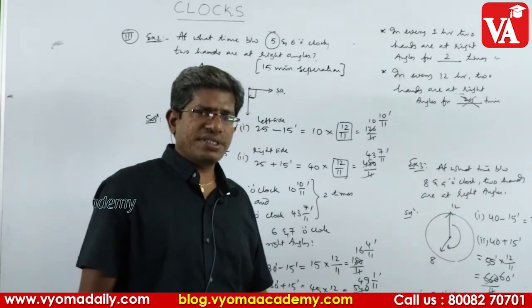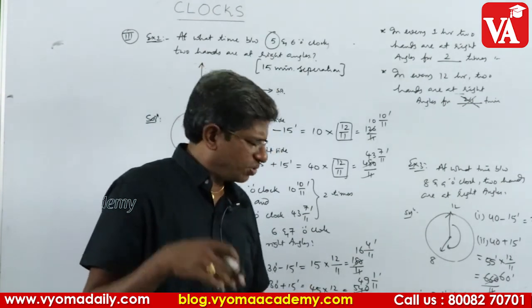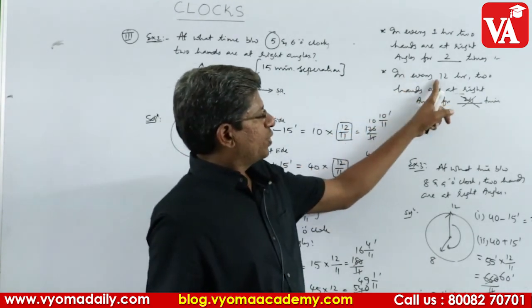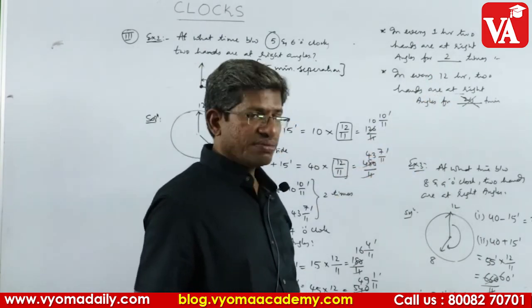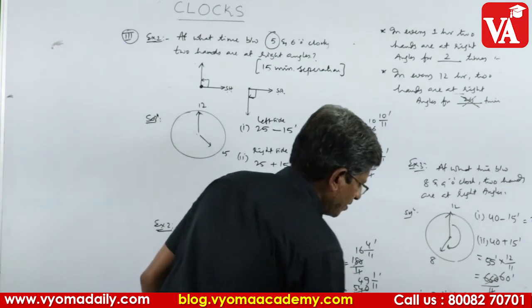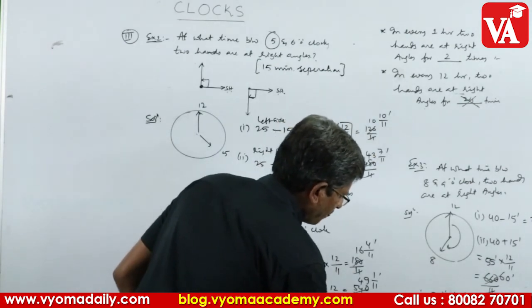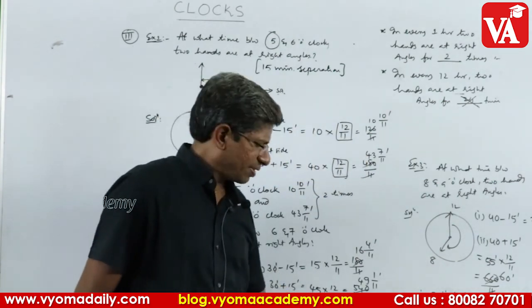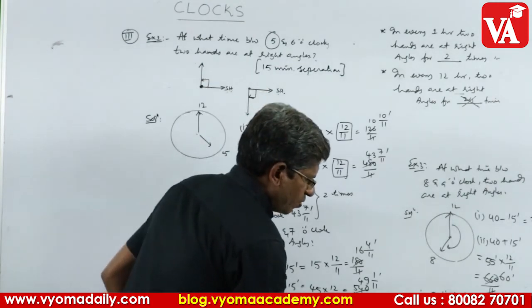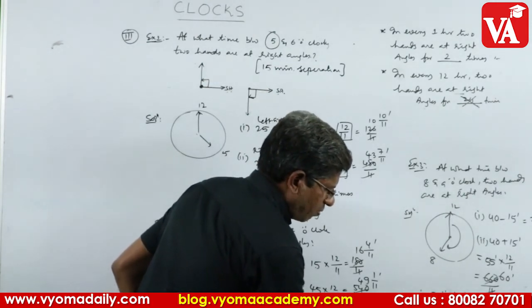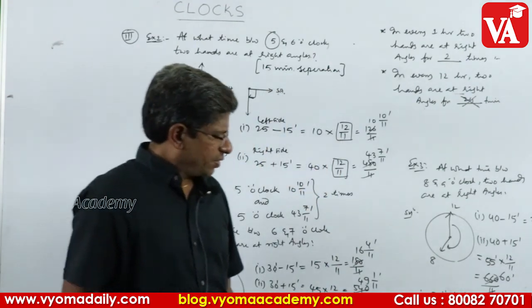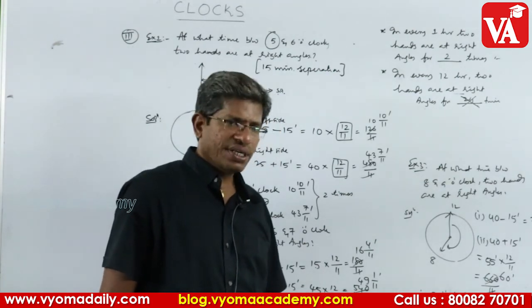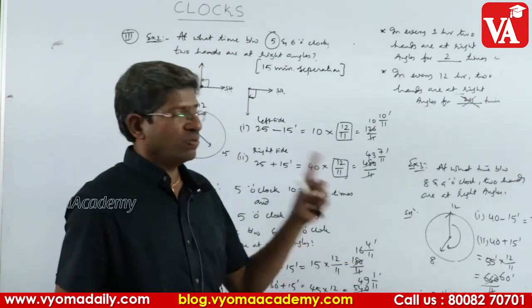So how many times are you supposed to get? 4 times, but how many times did you get? 1, 2, 3. We sacrifice 1. So in every 12 hours we sacrifice 1 between 8 and 10, and very similarly between 2 and 4 you check yourself, because you can easily imagine opposite of 9 is 3. Here the same thing continues. Between 2 and 3 you get only once. On the border 3 you get 1, and between 3 and 4 also you get 1. So here also you are supposed to get 4 times, but you got only 3 times. Here we missed one opportunity, here we missed one more, overall we missed 2 opportunities.